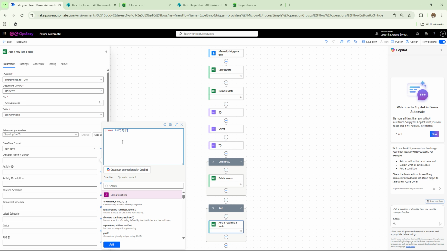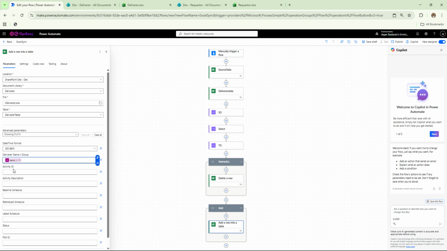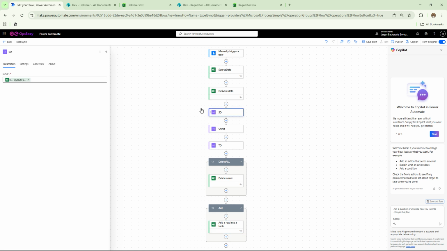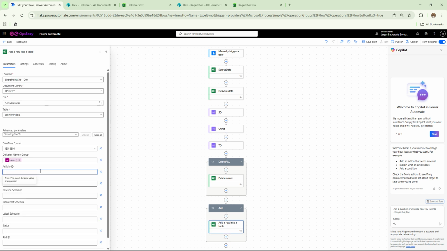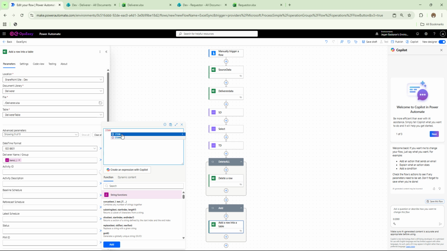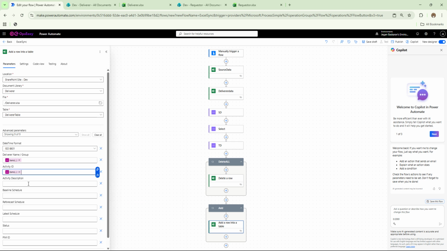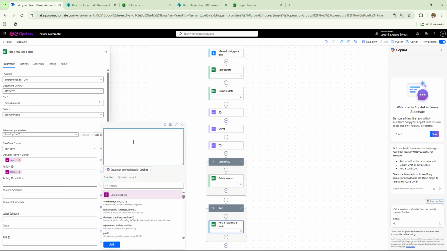Here you need to give the name of your column which you created inside this select, and for this I just added as name. Add it. So if you are not sure, you can go back to select, copy this value, come back to this and add it accordingly. So now this is items of add activity ID. Okay. Then for description,